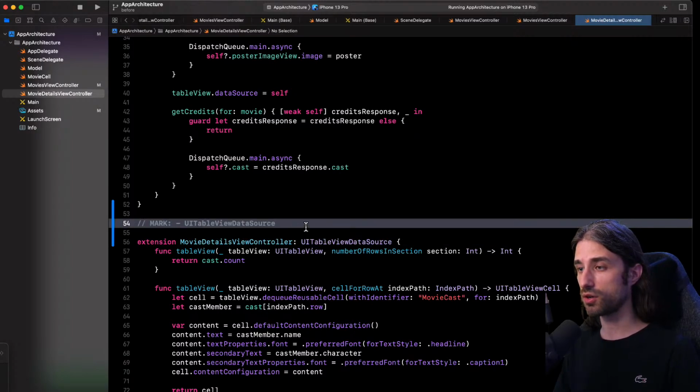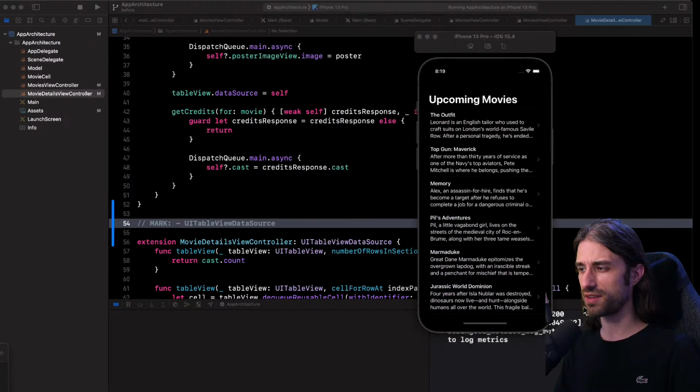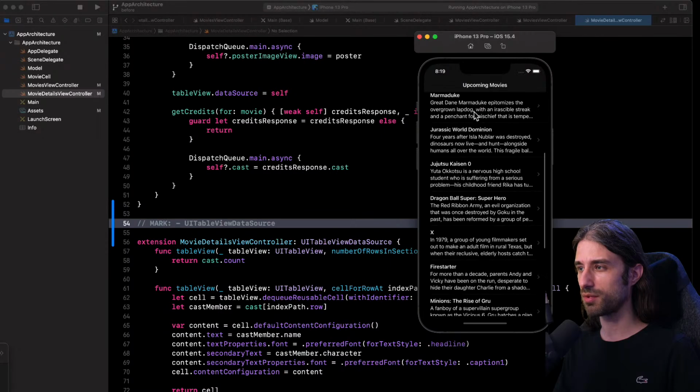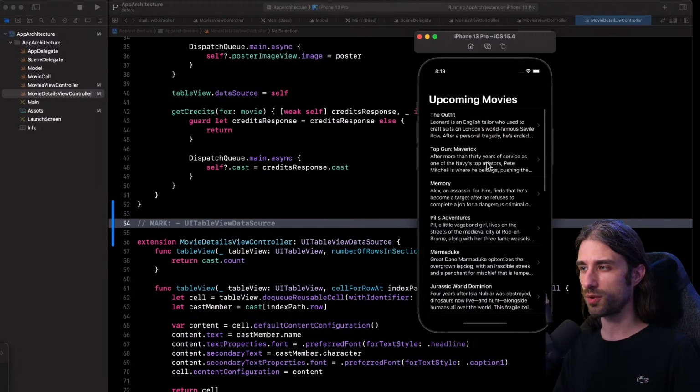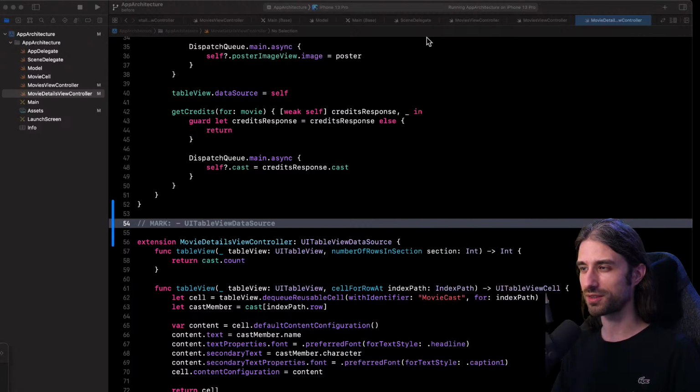Okay. And so we are done with talking about extensions. Just before I move on, I'm going to build and launch the app once more just to make sure it's still working and I haven't broken or forgotten to put something back. So here the first table view is indeed working. And once again, I'm going to click on Top Gun Maverick just because I want to see it this morning. And you can see the details view is also working. Perfect. Let's put the app aside.